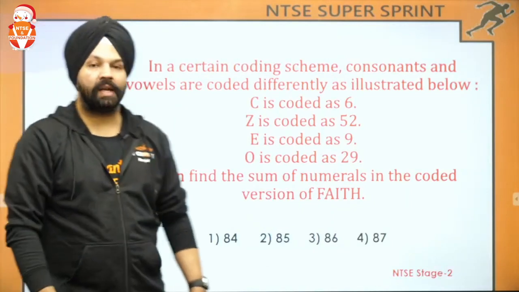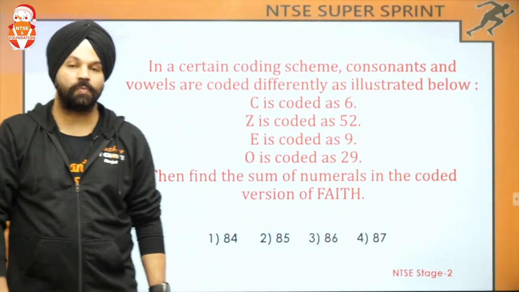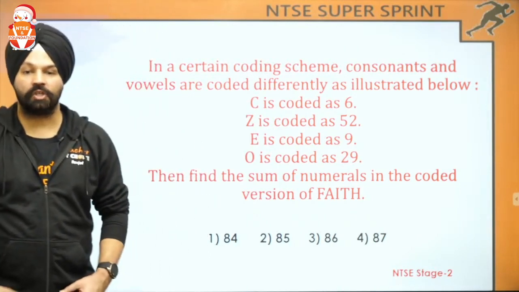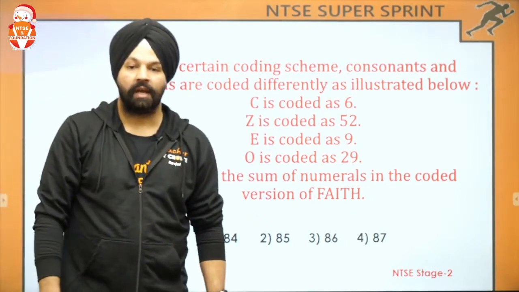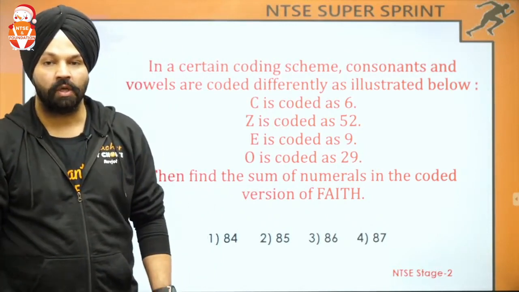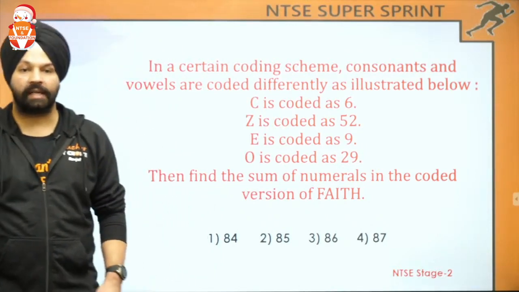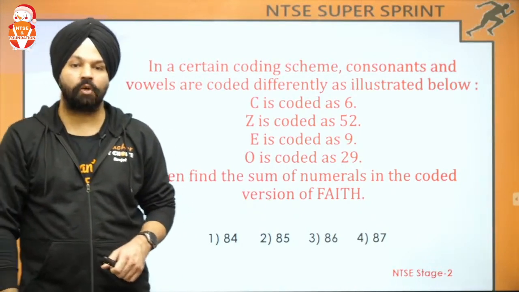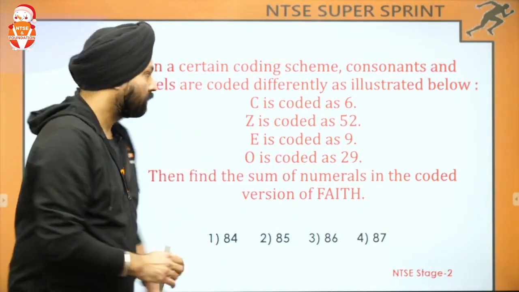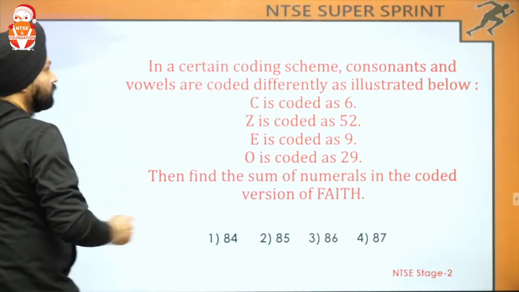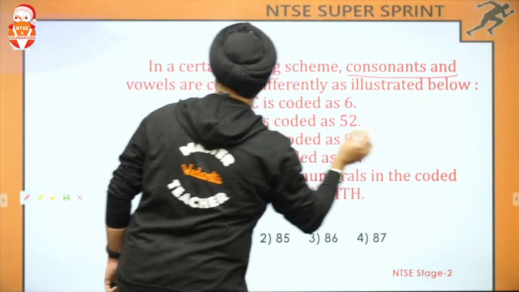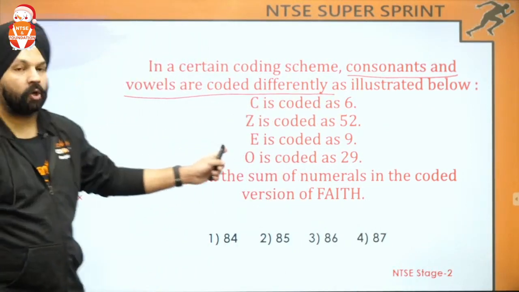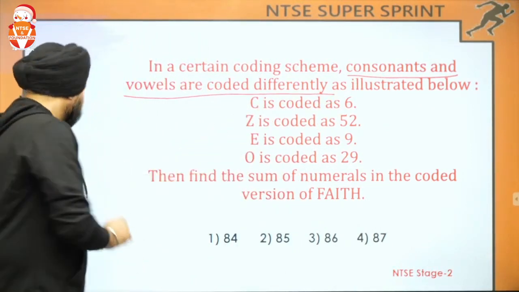चलिए, we are moving on to the last question for the day. इसके बाद हम चलेंगे challenge problem पे जो last week पूछा गया था. So we are moving on to the last question which is in concern to coding decoding, and it is again from NTSE stage 2. The question demands that in a certain coding scheme, he says consonants and vowels are coded differently. Hint दे दिया, very very important hint. He says consonants and vowels are coded differently as illustrated below. C is coded as 6,